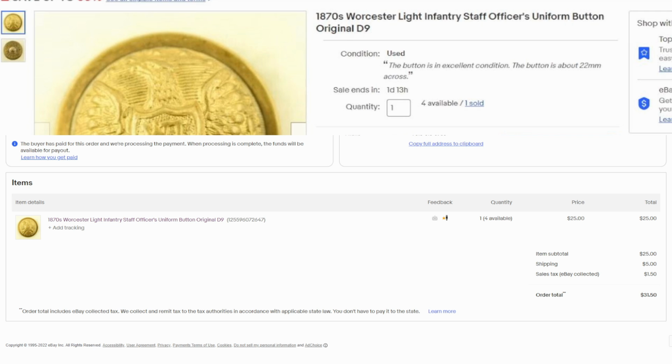I don't pay for it. It comes out of their money as a separate basic line item on there. And then there was $1.50 collected by eBay for sales tax. I don't see it. I don't get to keep it or anything else like that. The total amount that eBay processed fees for was $31.50,